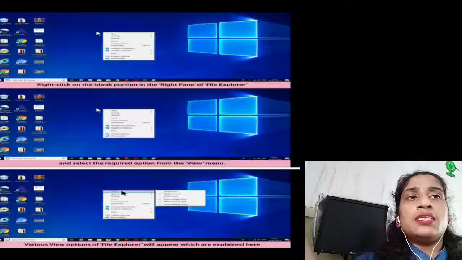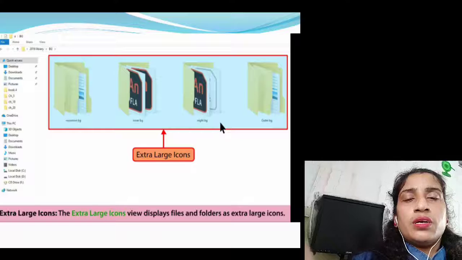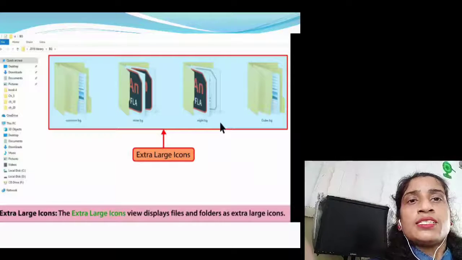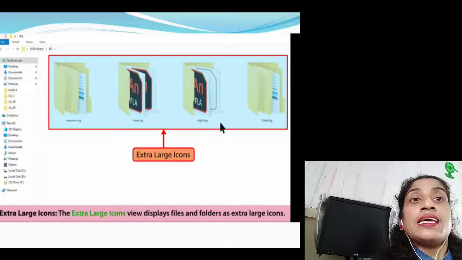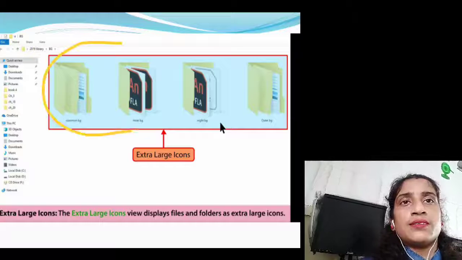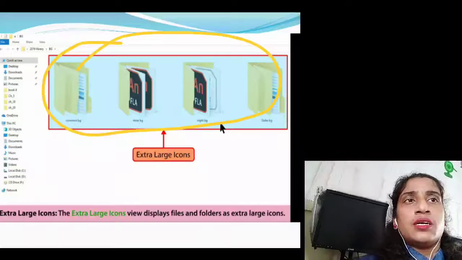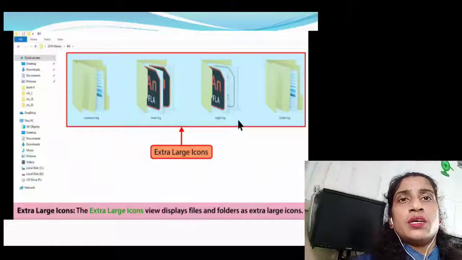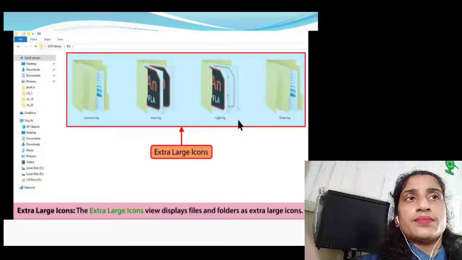First view, that is the extra large icon view. What is extra large icon view? The extra large icon view displays files and folders as extra large icons, as you have seen. Like this one is the folder in extra large icon.